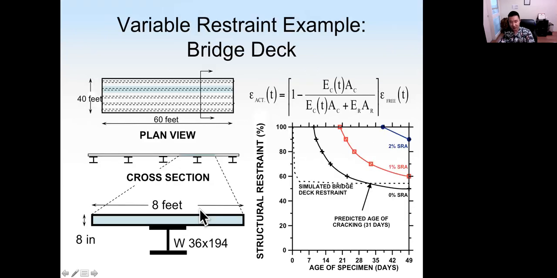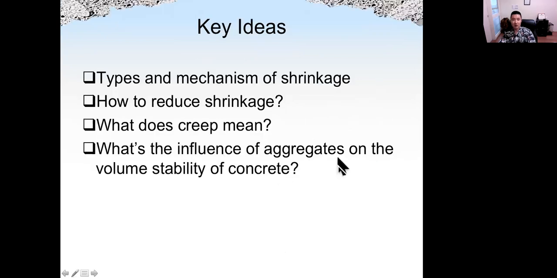All right, again, just showing you an example of how people study shrinkage and creep. So today we discussed very complicated mechanisms, shrinkage and creep. For shrinkage, we have 5 different types: dry shrinkage, plastic shrinkage, autogenous shrinkage, carbonation, and chemical shrinkage. Shrinkage is more important compared with creep. Creep is caused by a very similar mechanism as dry shrinkage, which is the slippage of the CSH sheets.